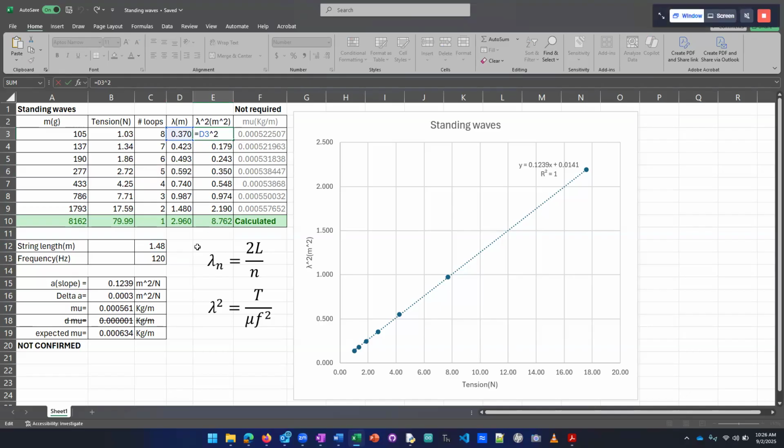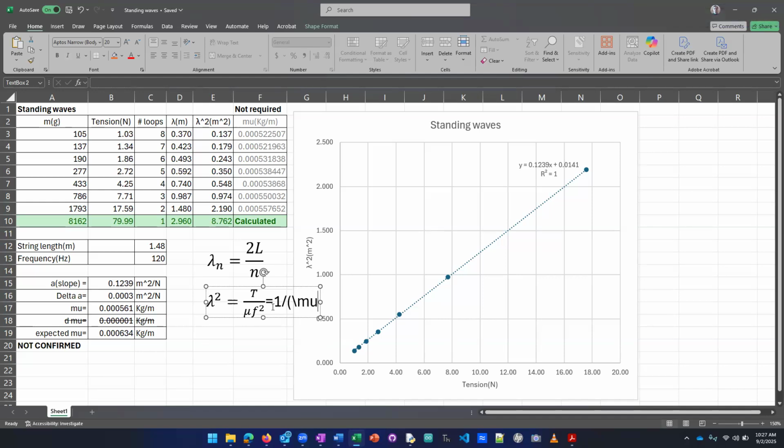We'll get to it in lecture soon enough, but this is the relationship between tension and the wavelengths: the square of the wavelengths is proportional to tension. All right, so I can rewrite this a little to make it more understandable. What we're doing here is 1 over mu f